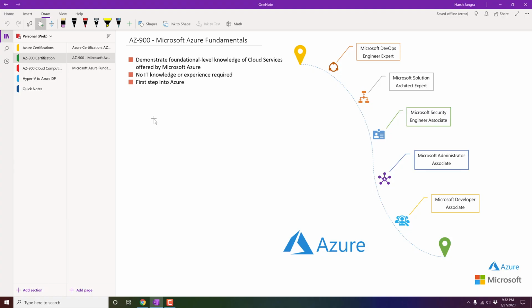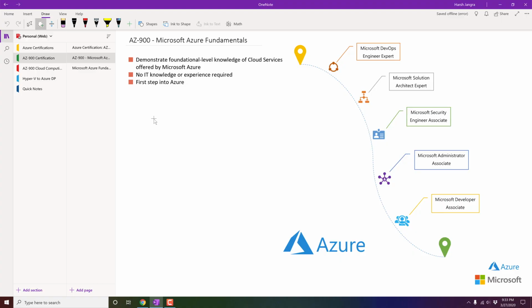Along with that, it will also give you some idea about the core Azure services, for example, what Azure VMs are, what Azure backup services are, and other services offered by Microsoft. Not only that, it will also cover pricing and cost management within Azure. For example, you are trying to deploy for your organization, so how you can deploy your resources and how much it costs. All of that is also going to be covered in this certification.